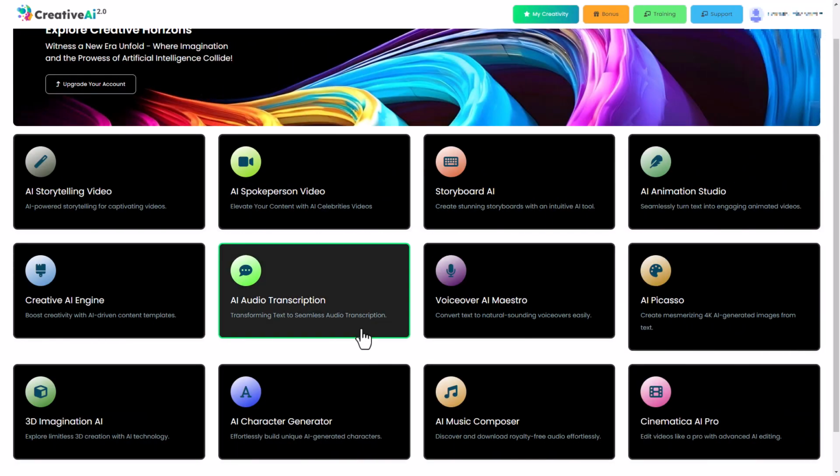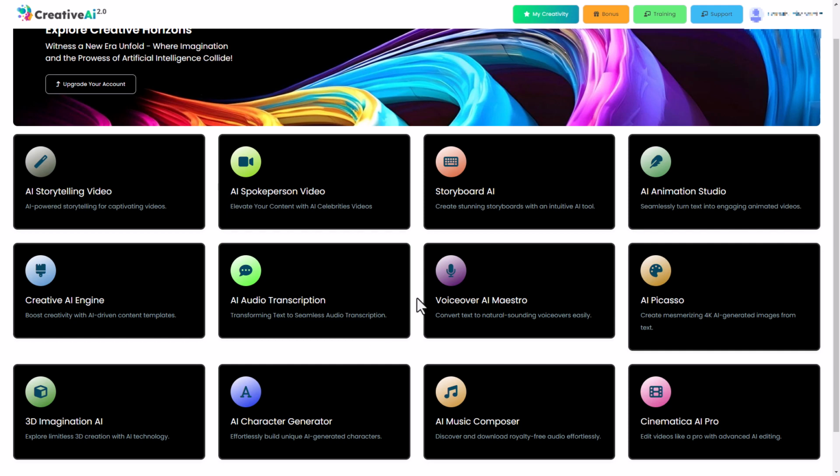this. So I must say that you get 12 AI tools for this, and I really don't think this is very good. I haven't tried all the tools because what I've tried so far really hasn't impressed me, and this costs $15, and there is a coupon where you can get $4 off, so I paid $11 for this, and thankfully there is a 30-day refund. I don't think this lives up to the hype. I don't think this lives up to the sales page, but do let me know what you think.